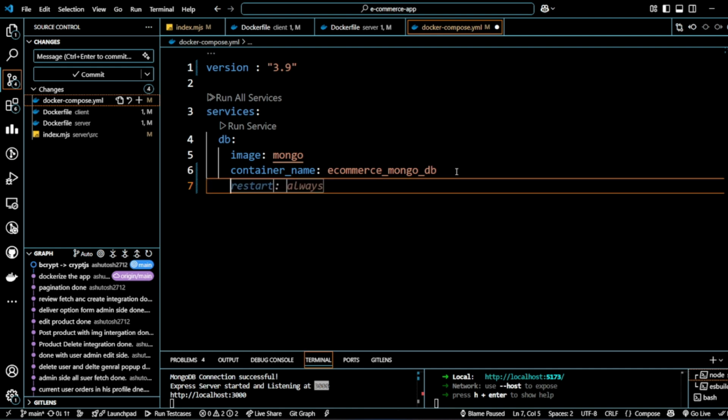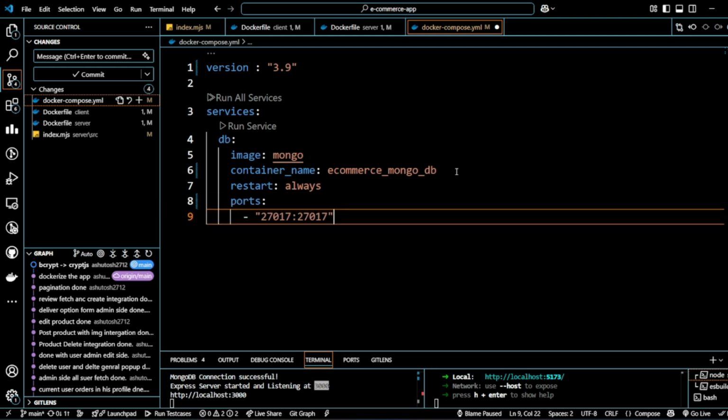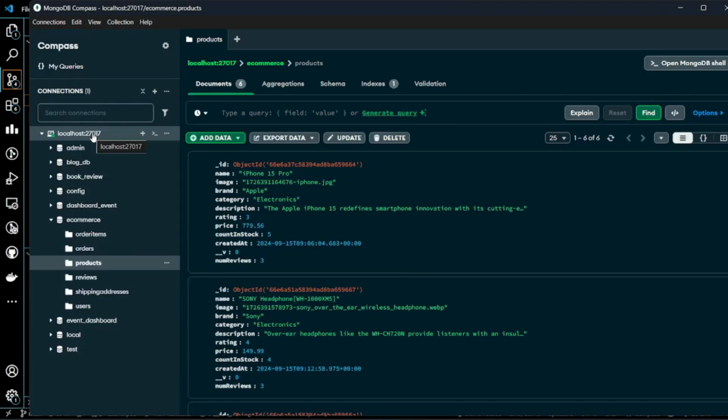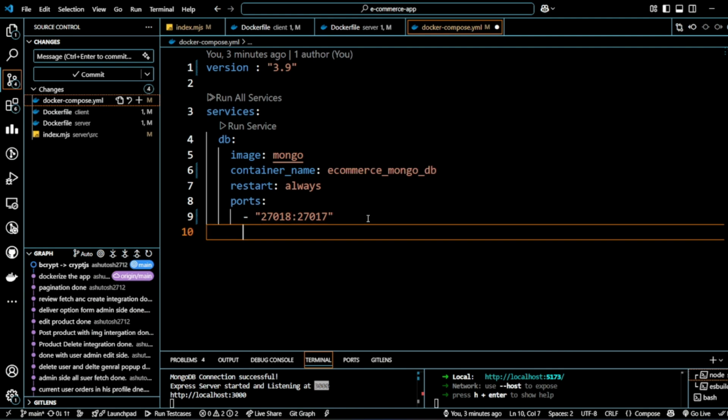So we'll set up the restart as always. Then we're gonna expose the port here, and the port will be actually, I want to run it on 218, so I can show you the difference actually. The current one is running on 27017. I will show you the difference and how it will run that. So after that